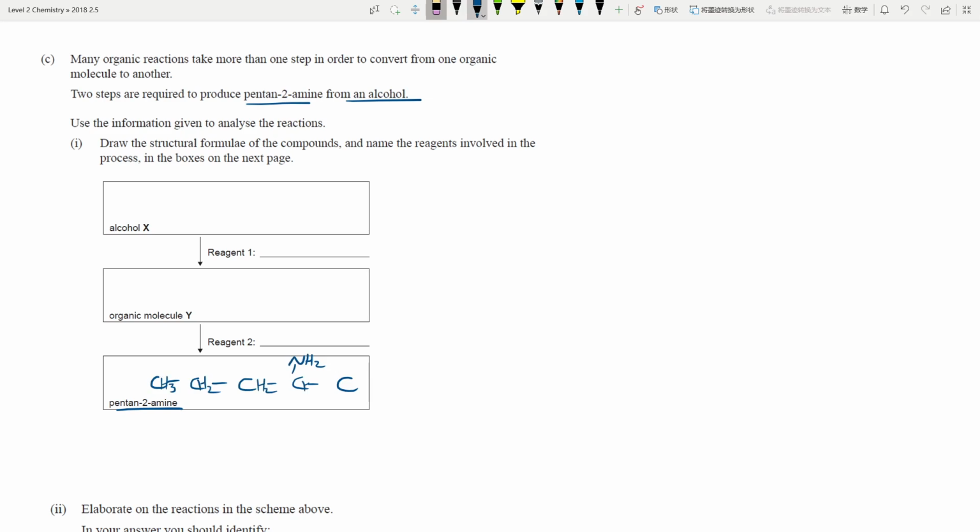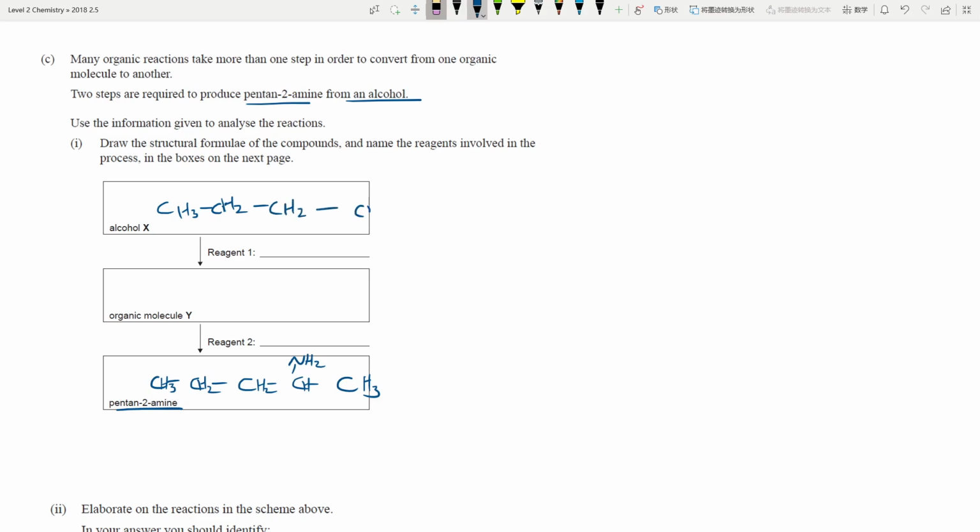Pentan to amine. Make sure every carbon has 4 bonds. Now, how do we turn pentan something into another something into this? So this has to be alcohol. Now, does it make sense? This is what I meant before. The carbons and the hydrogens don't